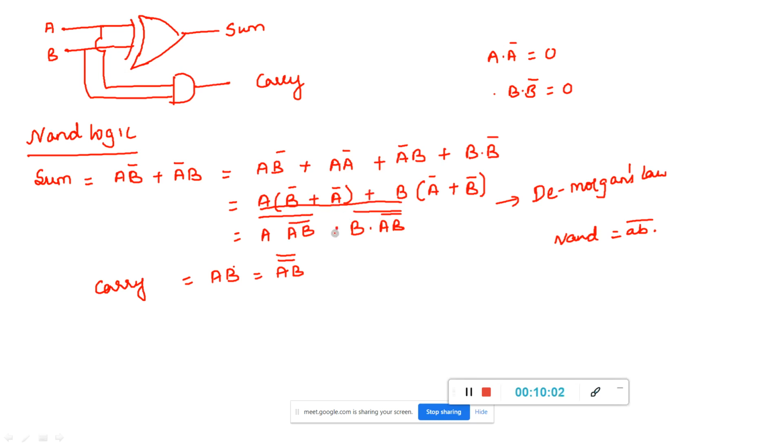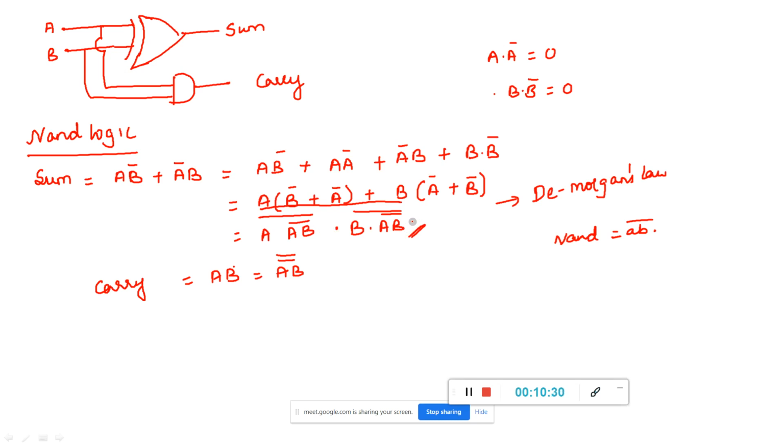See, it was plus here, it became and; it was plus here, it became and, bar and whole bar. Here it was plus, it became and: A bar plus B bar, it was A into B whole bar. Okay, you can rewrite the sum expression in this way and then reconstruct this sum expression into NAND gate